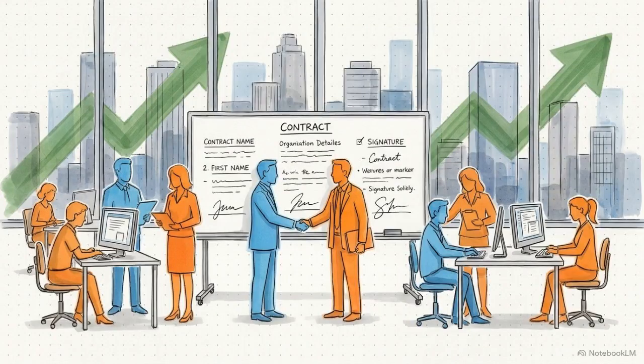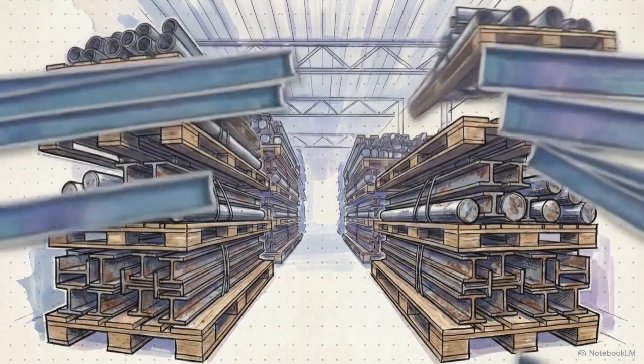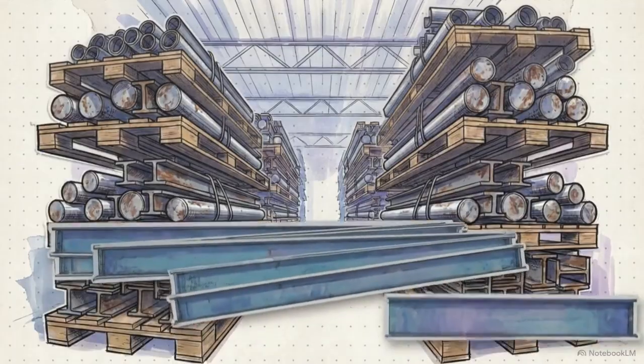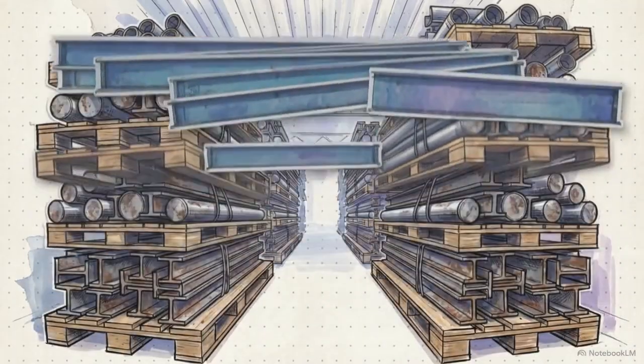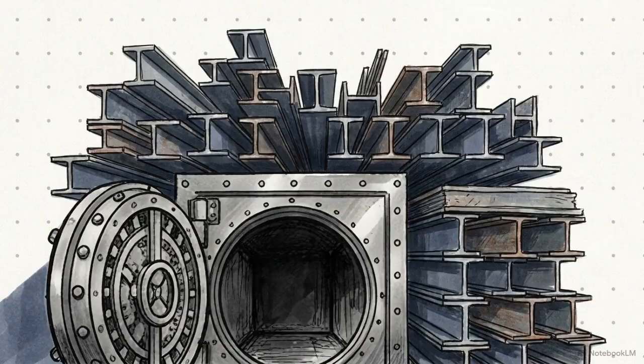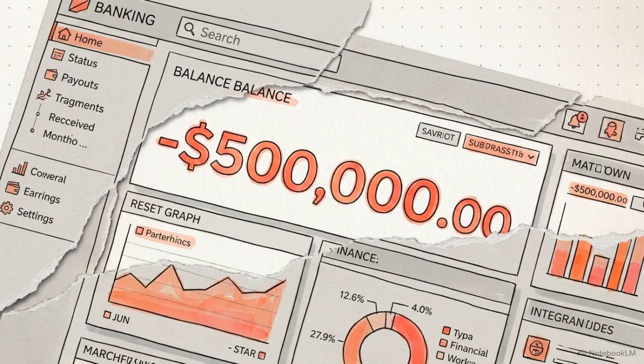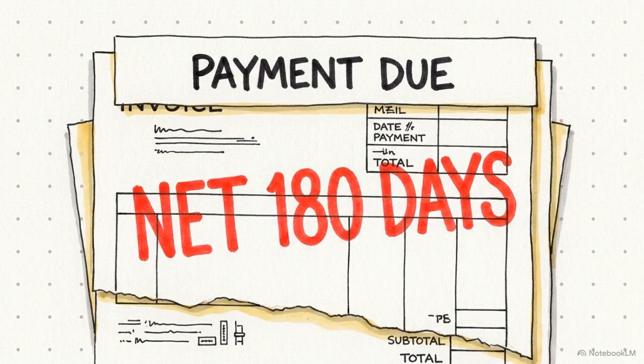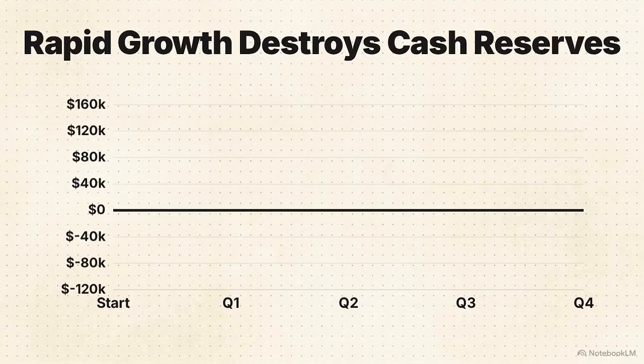Counterintuitively, a business is rarely more vulnerable than the exact moment it starts winning big. To fulfill a massive influx of new orders, you have to buy immense volumes of raw materials up front. You are forced to drain whatever cash reserves you have today just to pack the warehouse. That heavy capital expenditure hits your accounts immediately, but those new clients won't actually pay their first invoice for another 3 to 6 months. This chart shows the exact mathematical consequence of scaling too fast.